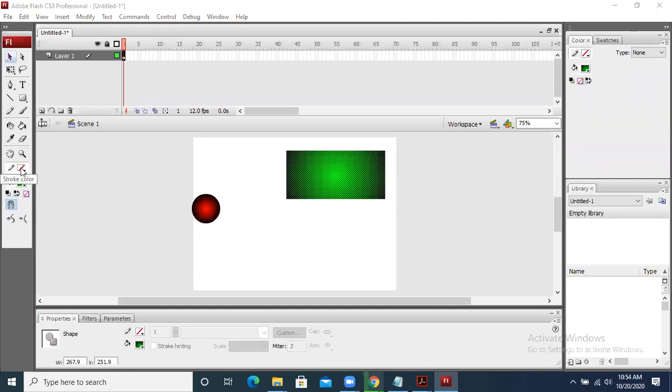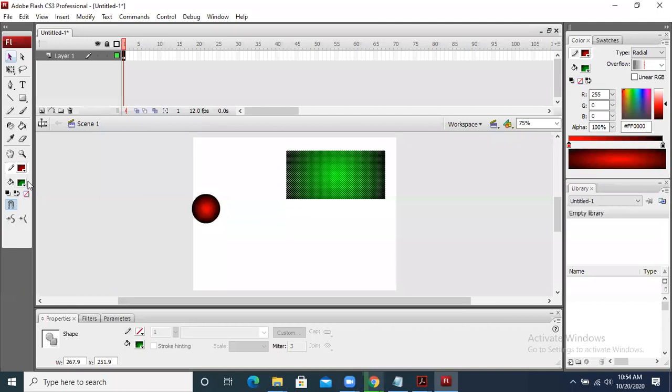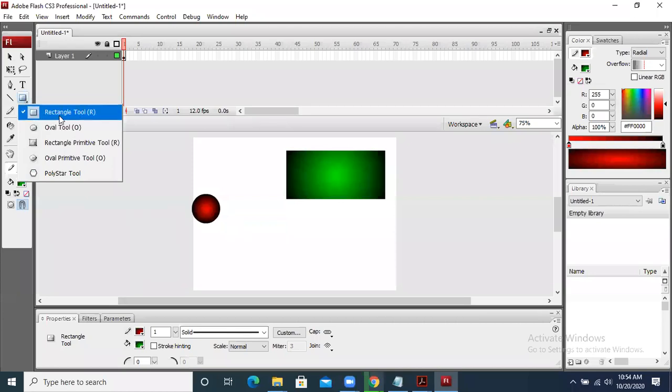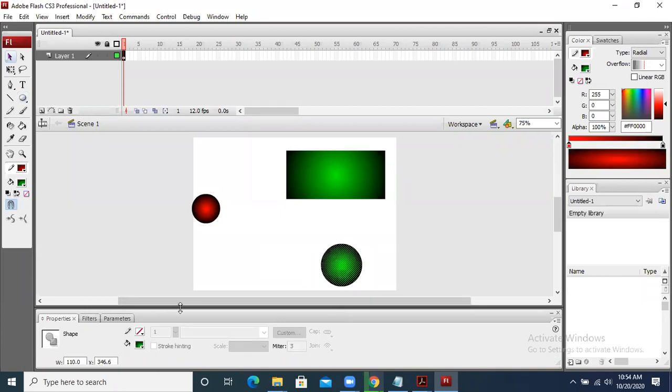But if we take some line, let's suppose I'm taking line color in red and inside color in green. Now if I draw, let's suppose, one oval shape, you will see that it will have a red color border as well, but the border is quite thin. Can you see these properties over here? These are the properties showing you that it is an object that we have drawn over here.